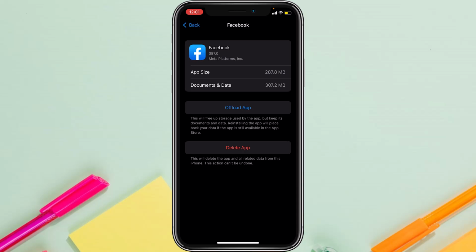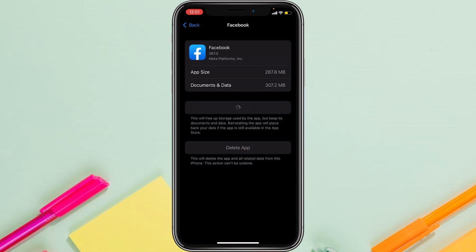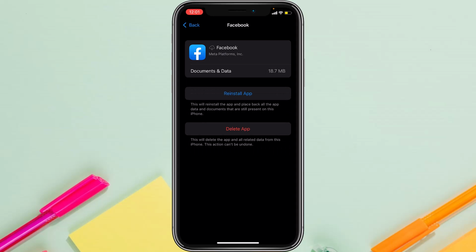So first of all, try offloading the app. What offloading the app will do is it will delete the app but it will keep its data. So try offloading the app, and once you've offloaded the app, simply reinstall your app. Now once your app is reinstalled, try logging into your account,